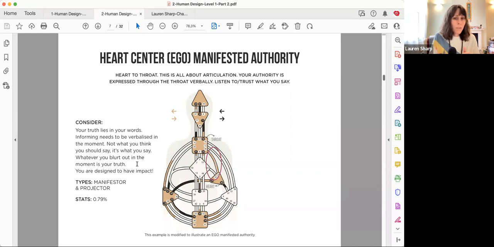I thought that was a very interesting way of how she manages it, because whenever we talk to someone, they always want to give us advice. And so it's like, am I listening to the person, or are they asking me for advice, or am I just listening? So for an individual here, they need to talk. They need to listen to what they say. They need to trust what they say, because when they blurt out things and they just speak, they're speaking the truth and they're designed to have an impact. And so when we see a chart like this, we need this individual to speak.